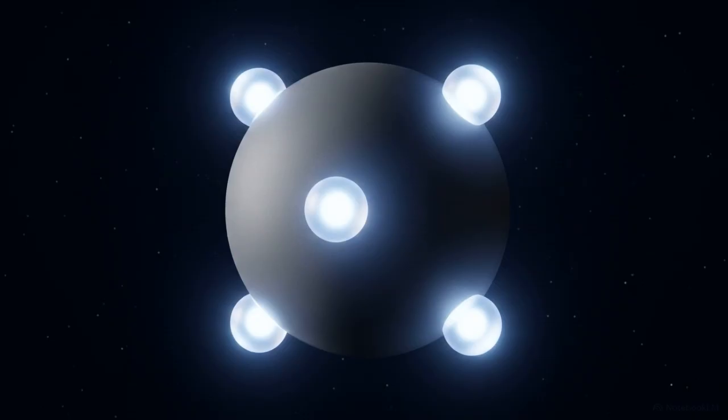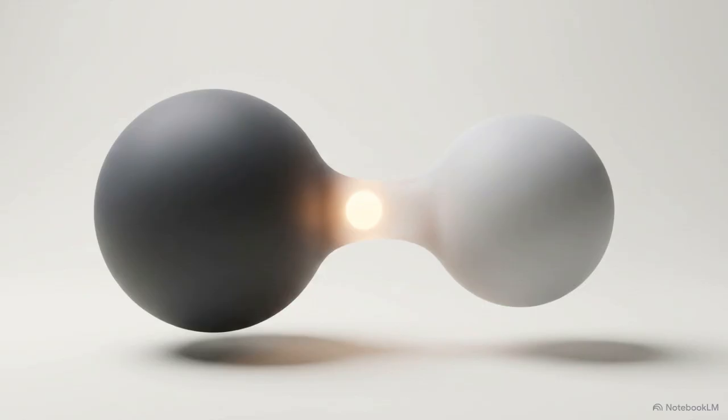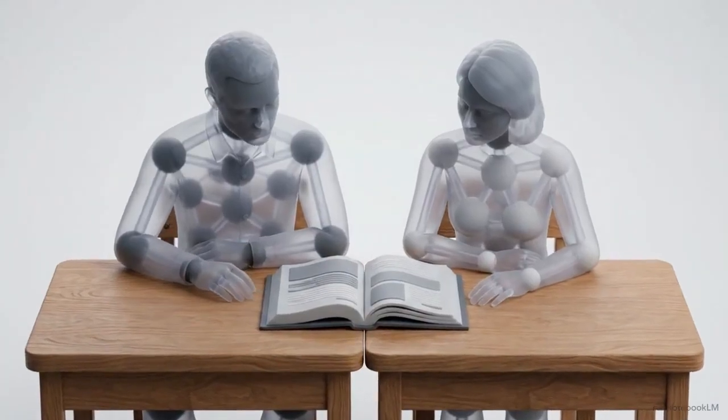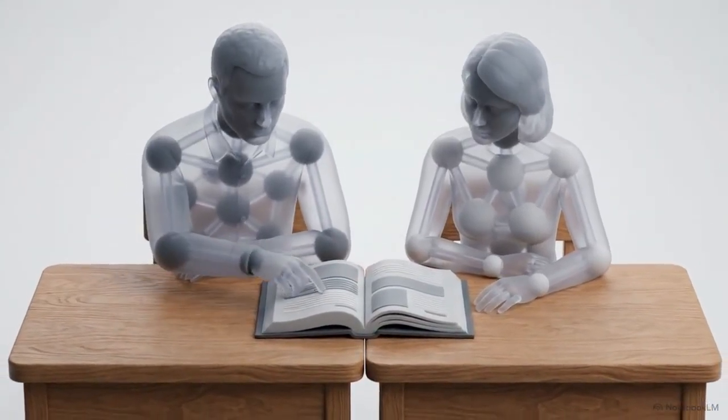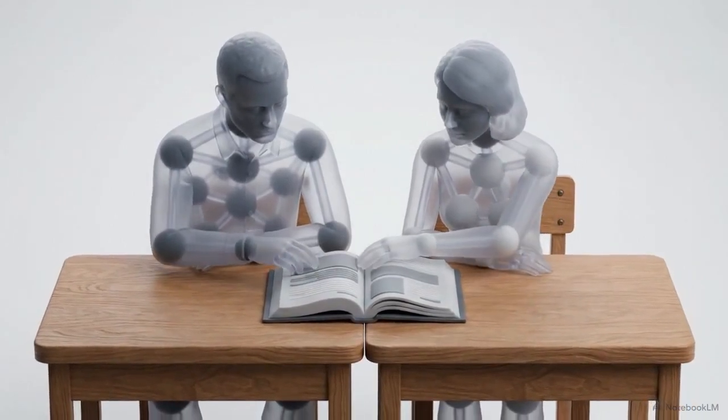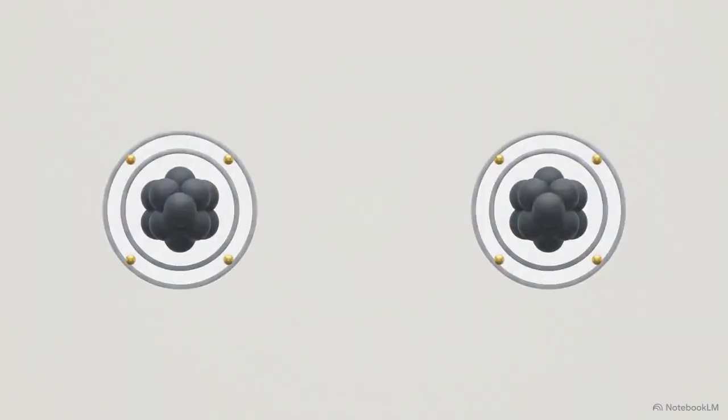Carbon comes up with a clever workaround. Instead of fighting to win or lose electrons, it decides to share. It's the atomic version of a clever hack. Think of a classroom desk. You slide a single textbook exactly between your and your friend's desks, so you both have what you need. Carbon does the exact same thing.